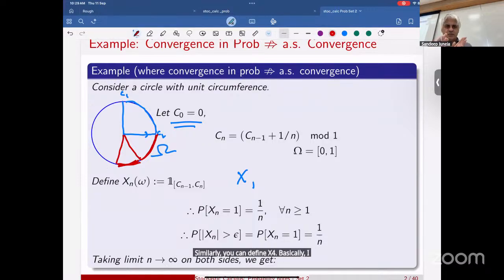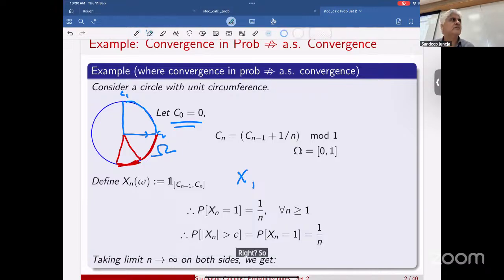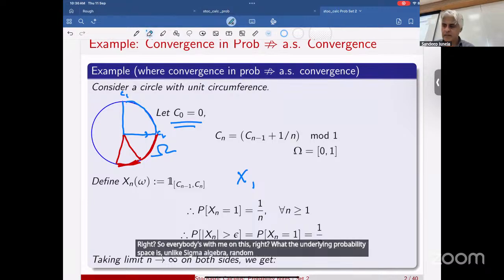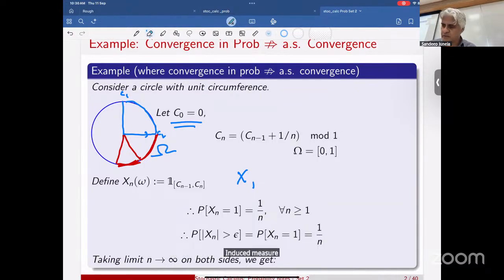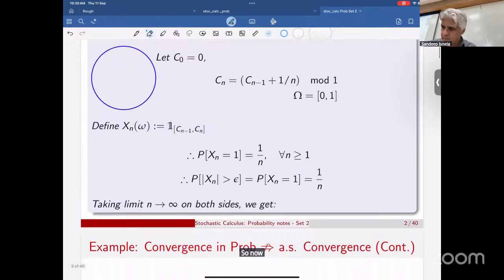Basically, I'll just take this piece of pi and keep on moving it around. Pi defines the region where the corresponding xn is 1, it's 0 elsewhere, right? So everybody's with me on this, right? The underlying probability space, sigma algebra, random variable, induced measure, all those things you can figure out. Okay, so now the probability that xn is 1 is 1 by n